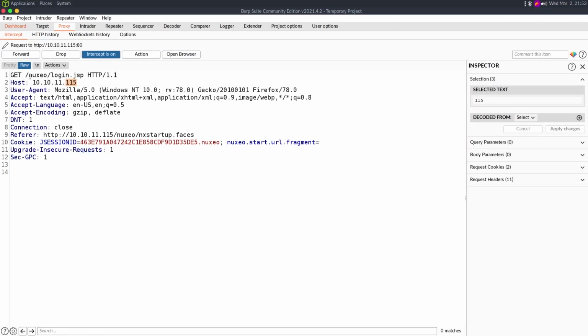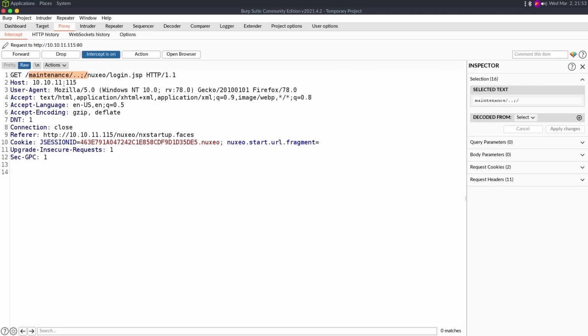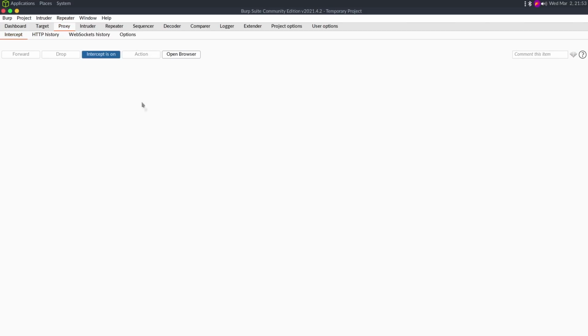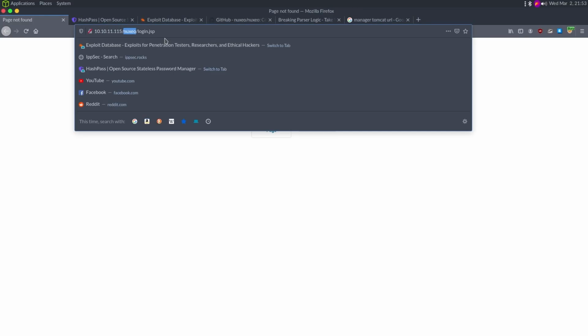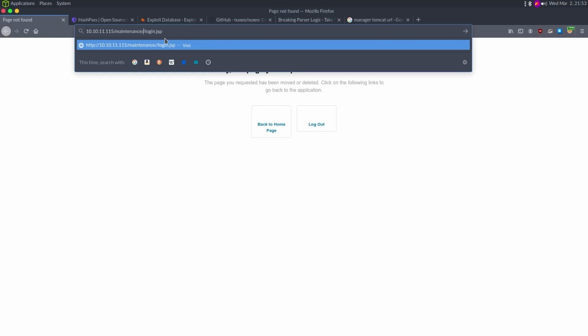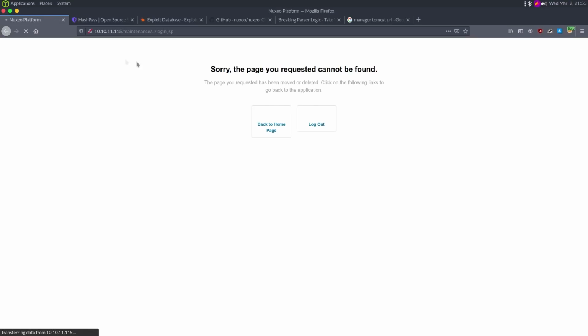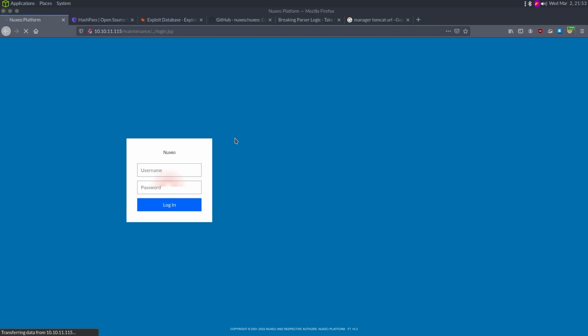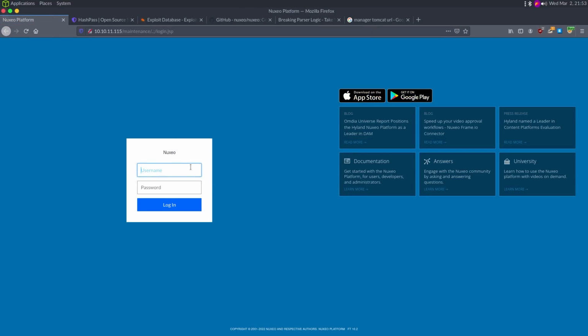We have a login.jsp. So again, I'm going to maintenance so I can access this file. So we're bypassing some Nginx filter. And that did not work. Let's try maintenance login.jsp. And we get to the Nuxeo login portal. So we could try like brute forcing with admin or things like that, but I'm just going